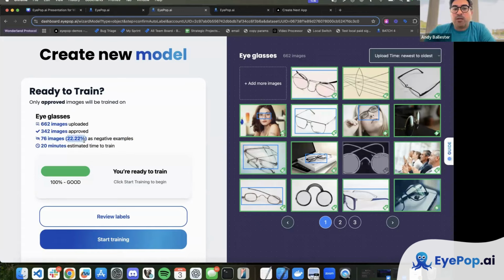That's a healthy percentage for an object like this. For some use cases, we recommend at least 10 to 20% is a good range to be in. For really subtle or amorphous things, you may want more. And